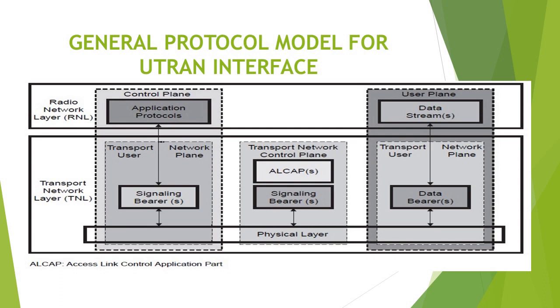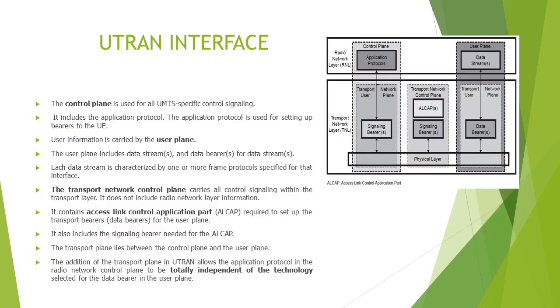So the transport layer consists of TNCP and TNUP. TNCP is responsible for transport user services, and the network plane is responsible for call signal controlling services, as well as ALCAP, which is access link control application part, which is useful for transmission and reception of the information through the frame synchronization mechanism. And these interfaces basically include the data streams and data bearers needed for the data streams,